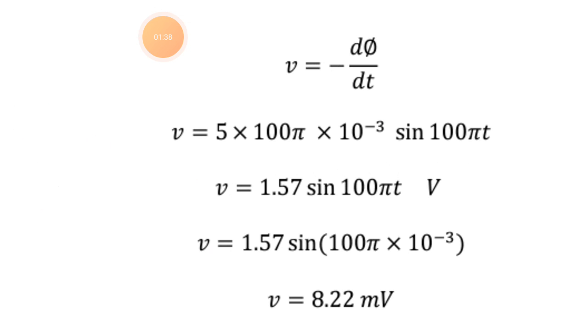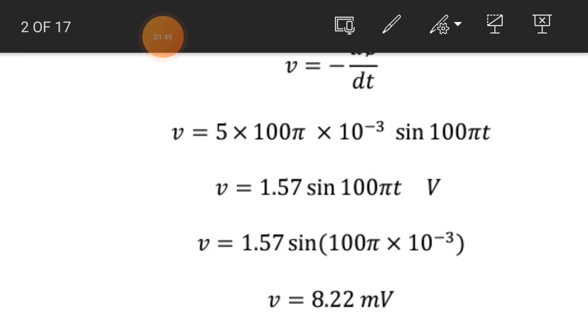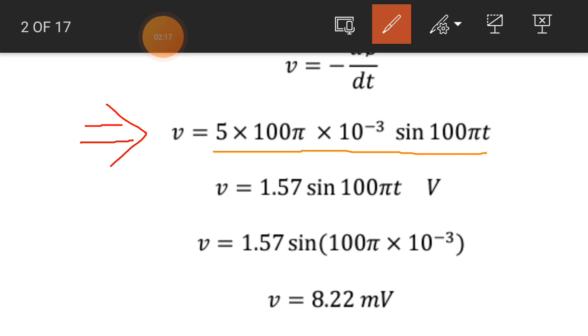Definitely the voltage across this conductor will be equal to minus d phi by dt. So we differentiate the time varying magnetic flux with respect to time. If we differentiate the time varying magnetic flux with respect to time, we obtain 5 into 100 pi into 10 raised to power minus 3 sine of 100 pi t. We simplify the right hand side of this equation,